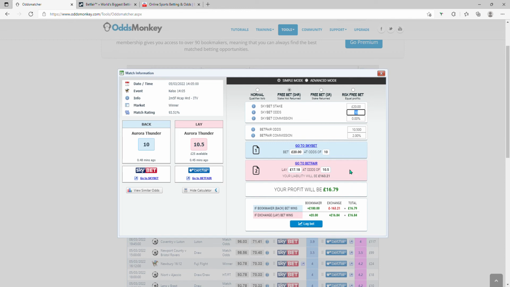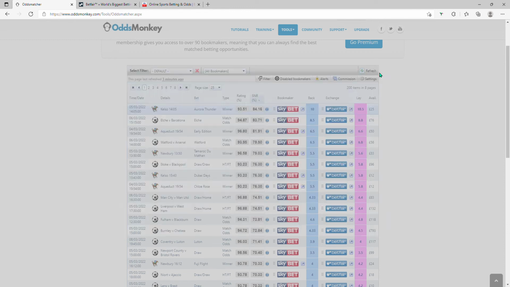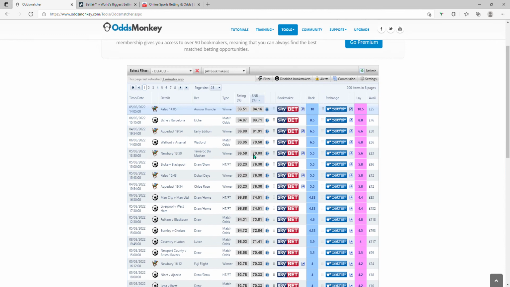Now to get £16 out of 20, you're going to have to place a bet that's on 80% on this column here. So it's those top 3 basically. But then the higher the odds, the more you're going to need liability in the exchange. So if you go lower odds, if I look at this football match here, it's only